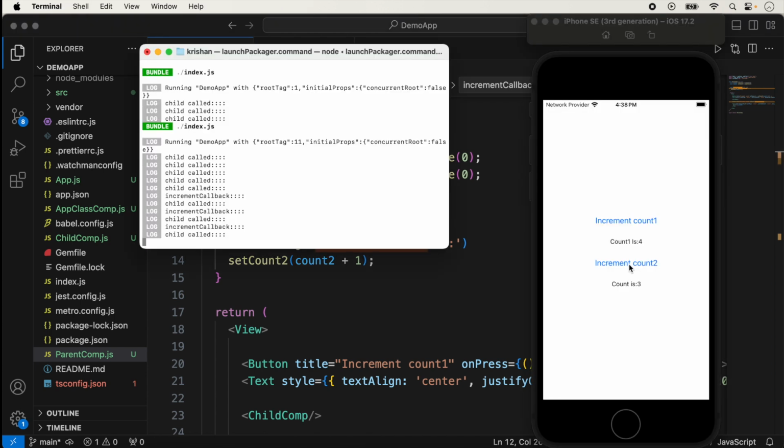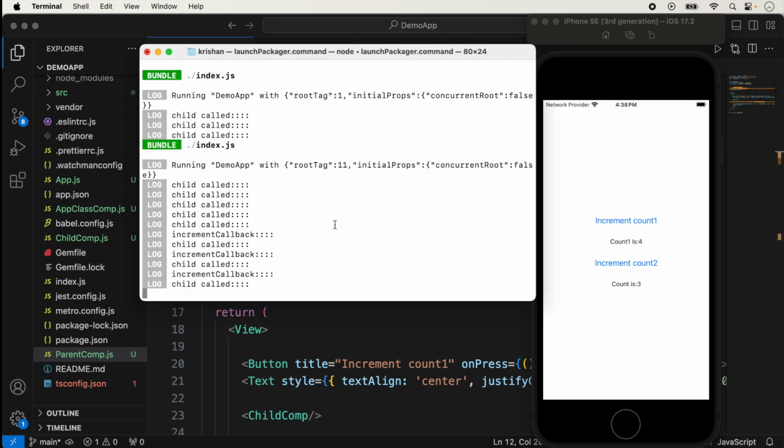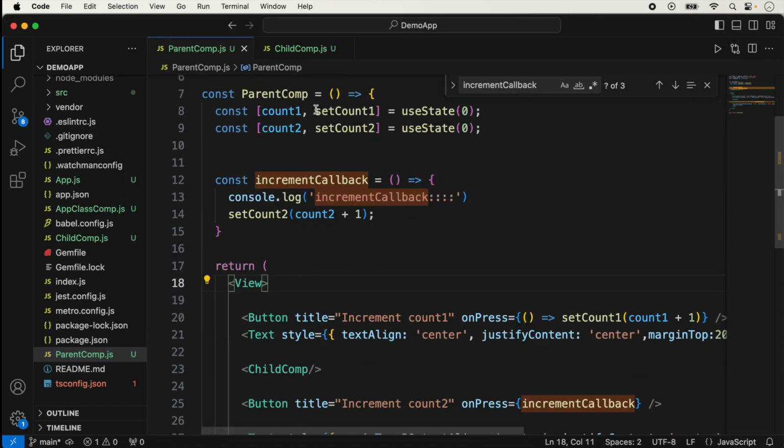Every time the child component is called when the function is called, and this is not a good thing, because this activity decreases the performance of the application. We don't need our child component to be recreated every time. So to prevent this, we can use